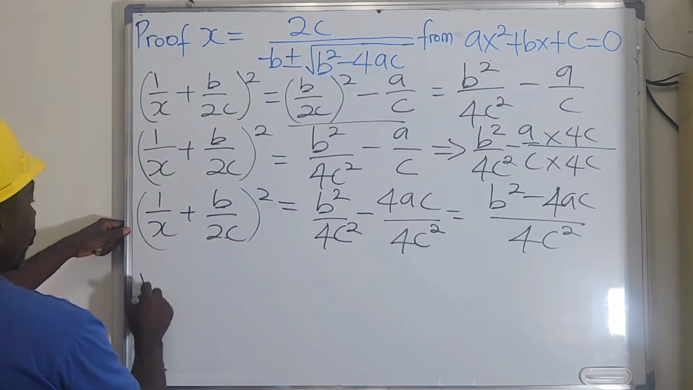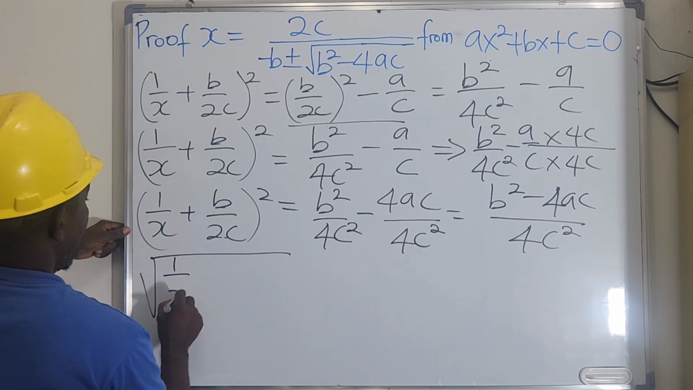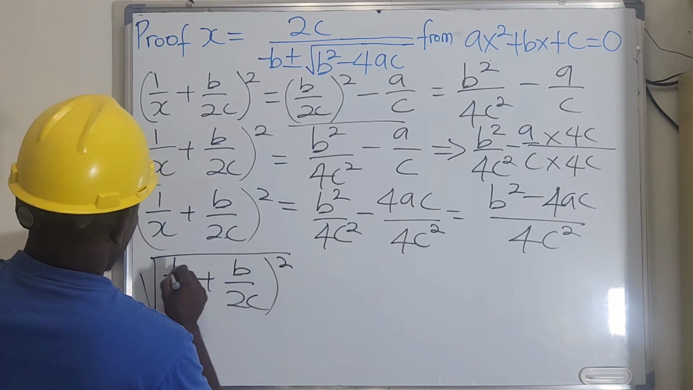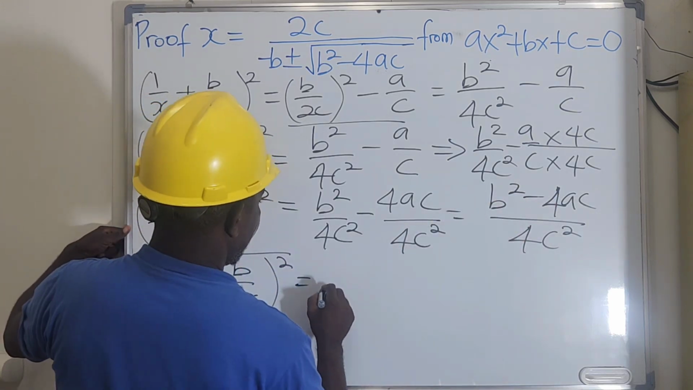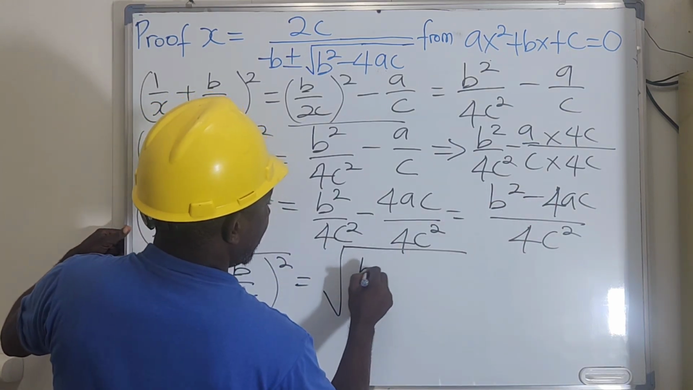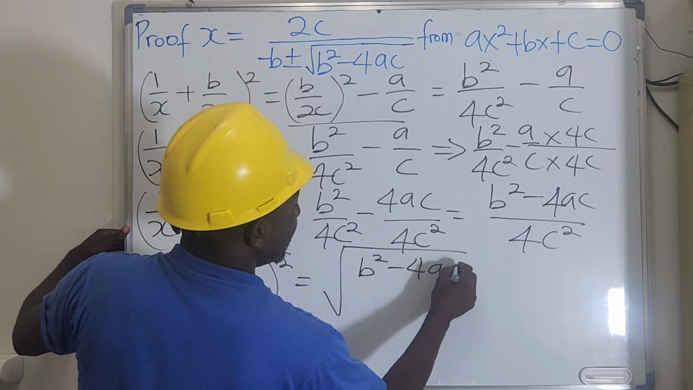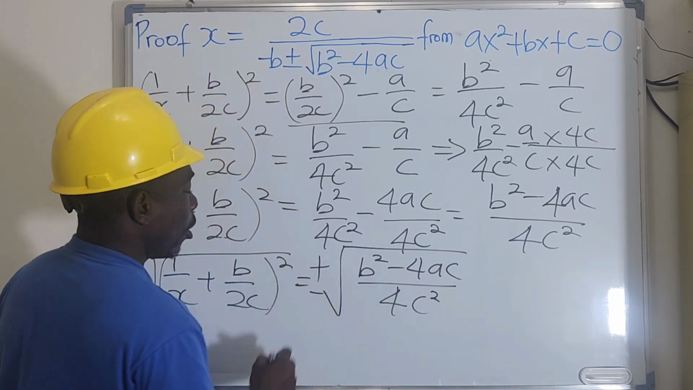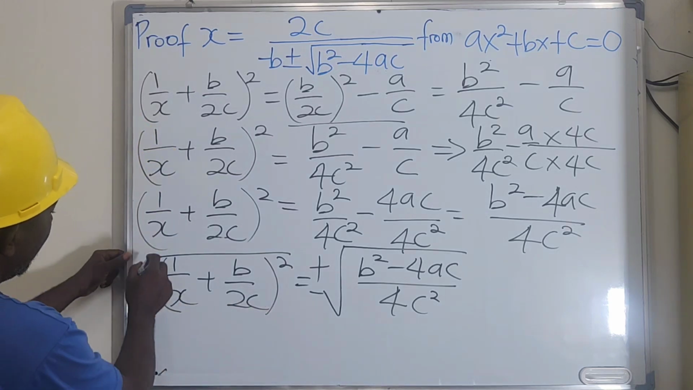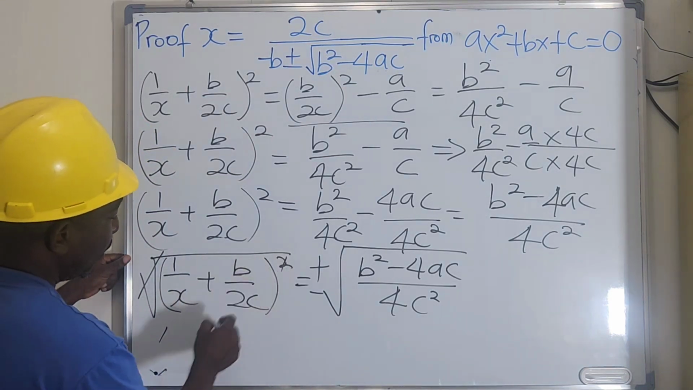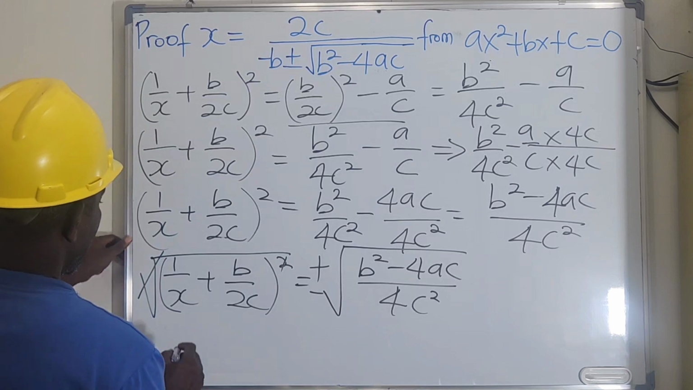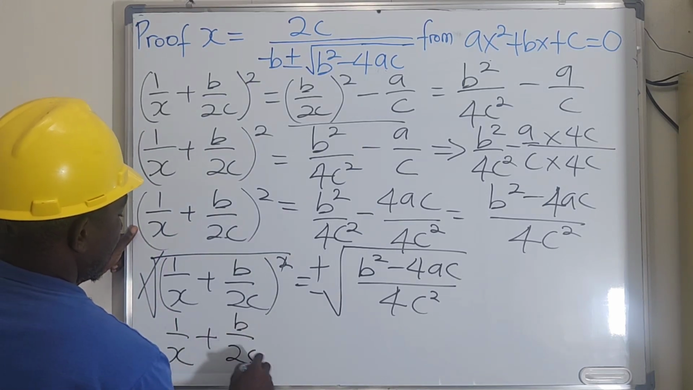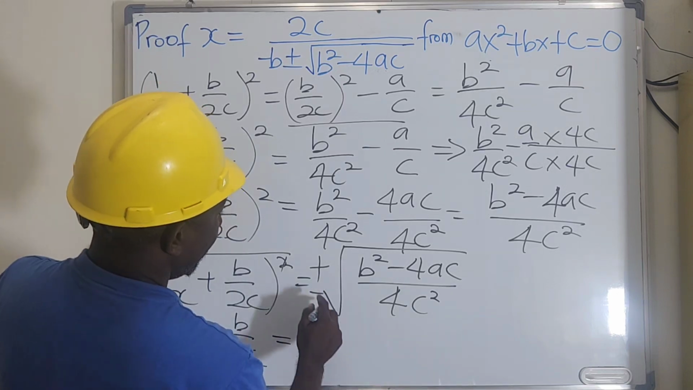So this will become the square root of (1 all over x plus b all over 2c) all squared, equals to, we bring down this one, the square root of b squared minus 4ac all over 4c squared. So this one will be plus or minus. Here, the square root will cancel these two. So we are now left with 1 all over x plus b all over 2c equals to, here, before we